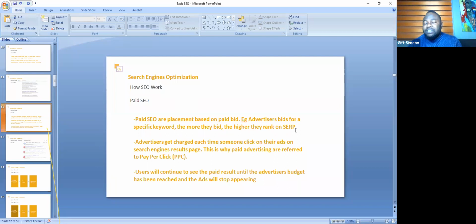Unlike social media, they charge you for impression. For showing your ad, they will charge you. For someone liking your ad and then scrolling past, they will charge you. On Google, it's not like that. They will look at your ad, they will read all the copy, so until they click, that's when you get charged. If they don't click, you won't get charged. So they don't charge you for impression on pay-per-click. So users will continue to see the paid results until the advertiser's budget has been reached, and then ads will stop